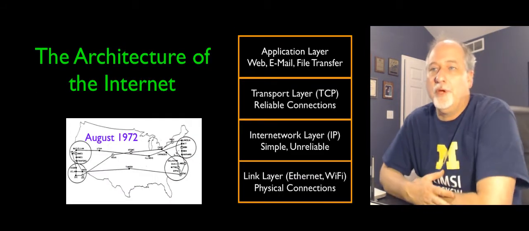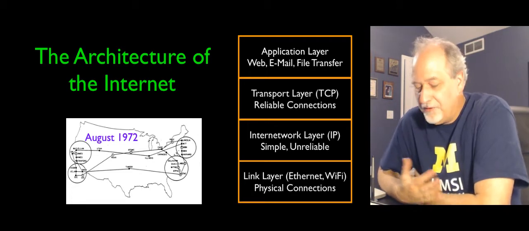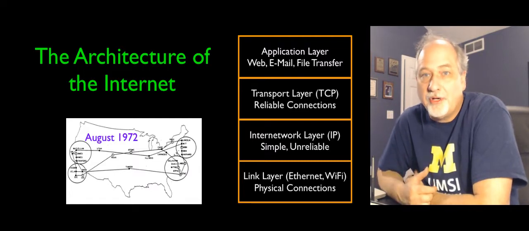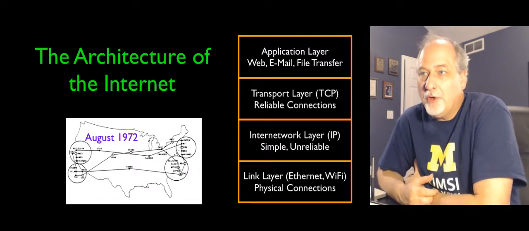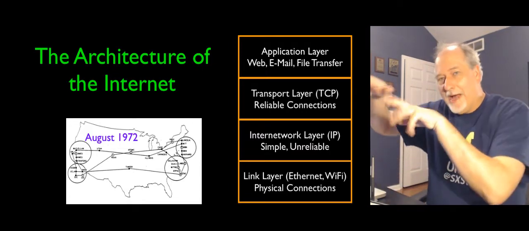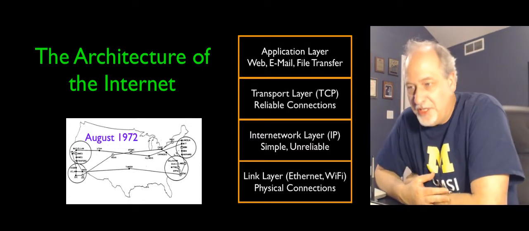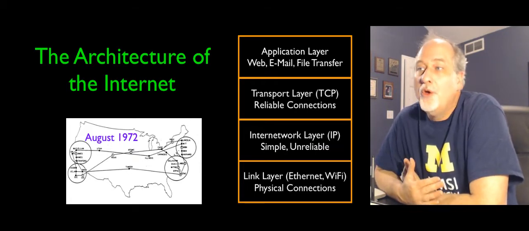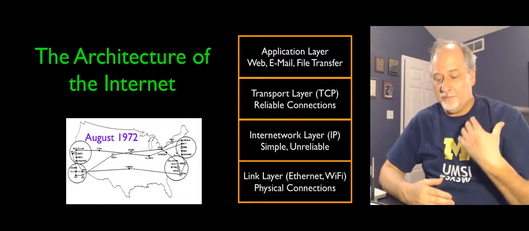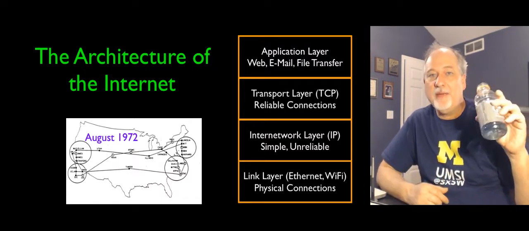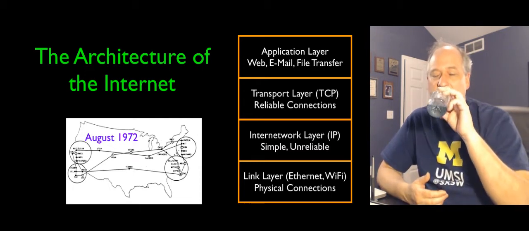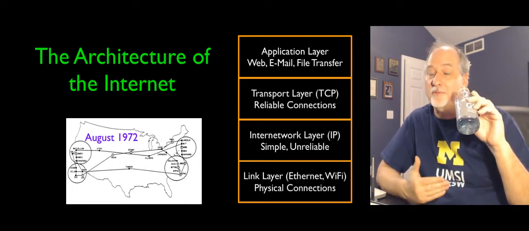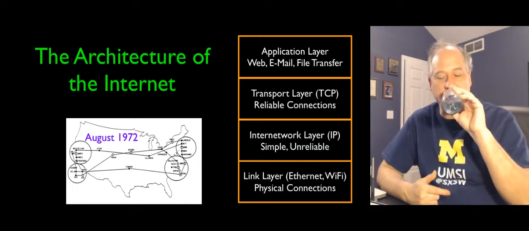So we've now reached the top of the architecture of the internet. We've talked about Ethernet, the link layer, and the fiber, and all the diverse wireless, all the wonderful things that happen there. The internetwork layer, which is this kind of geographical hopping thing that's unreliable. The TCP layer that retransmits automatically if necessary. And then the application layer, which is what we do with all these networks. It's really impressive that this came out of research work from the 1970s, and that most of the ideas of the architecture from the 70s are really still present with us today.